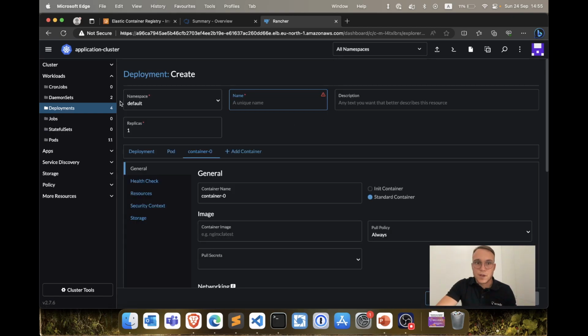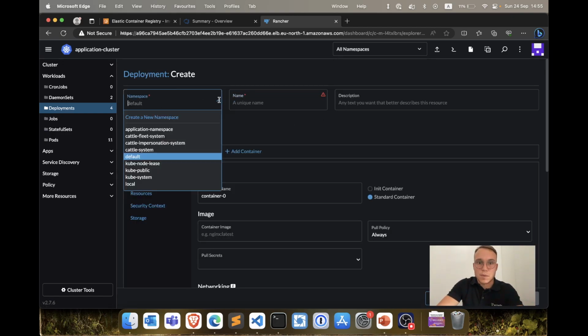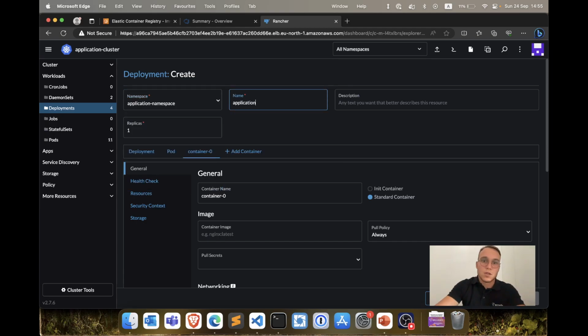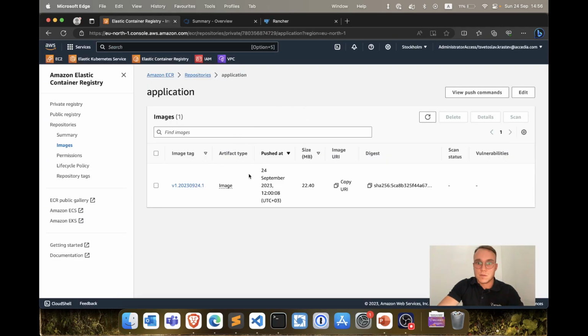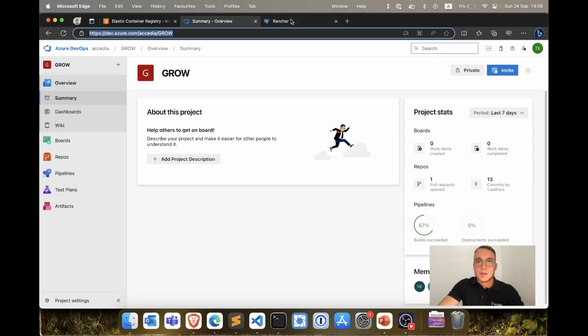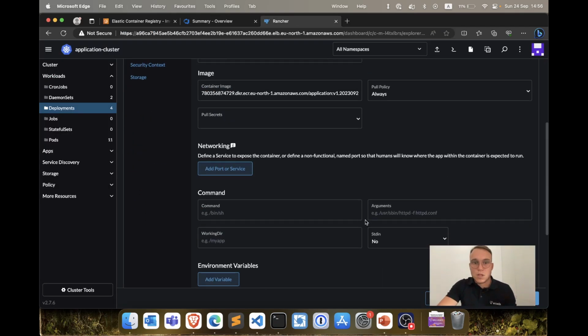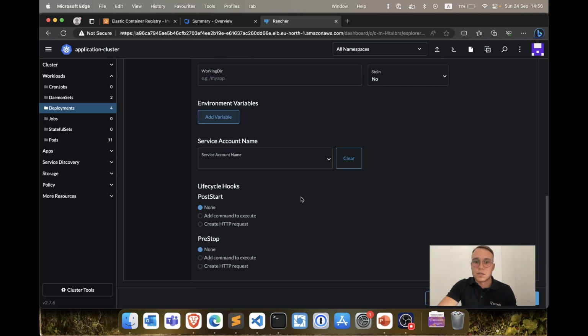So you just click create here. You can change the namespace here, and it's going to be application namespace, and we are going to call it application for convenience. The container name would have the same name, and we would need to specify the image in our registry, which would be this one. So pasting it here,